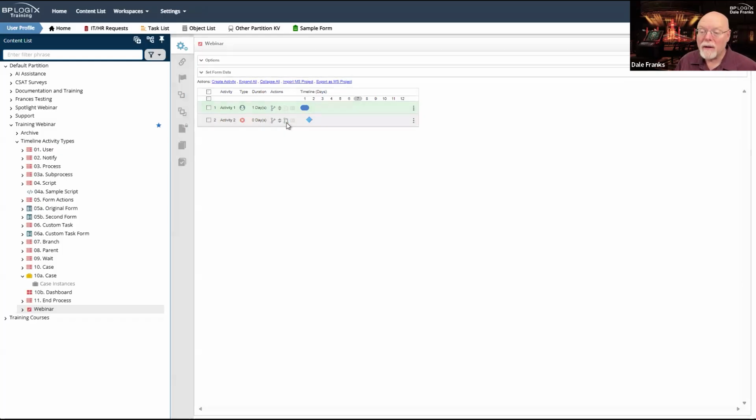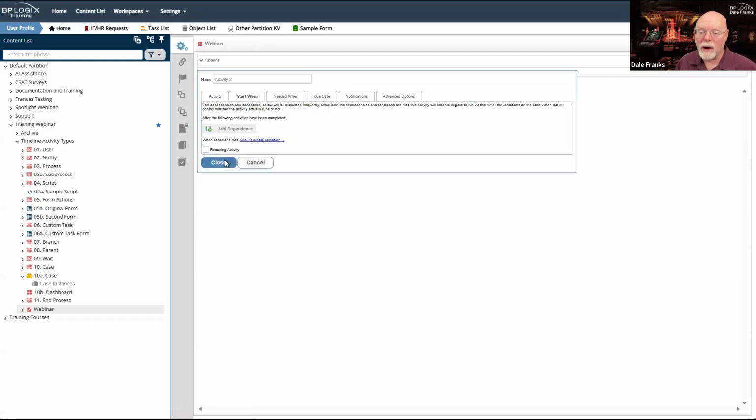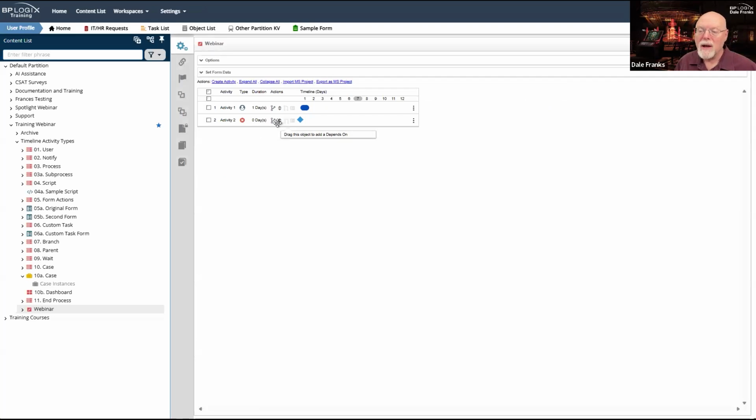On the other hand, if I was to change the order of these two activities, so let's remove this dependence, and we will move activity 2 up here so that it's above activity 1. Now both of these activities are occurring simultaneously, theoretically, except activity 1 will never actually be invoked, because the process timeline, which does read from top to bottom, when it gets to the spot and sees that end activity, activity 1 doesn't matter. I mean, in the real world, no matter what the order is, activity 1 is not going to matter because activity 2 will just end the timeline instantly.